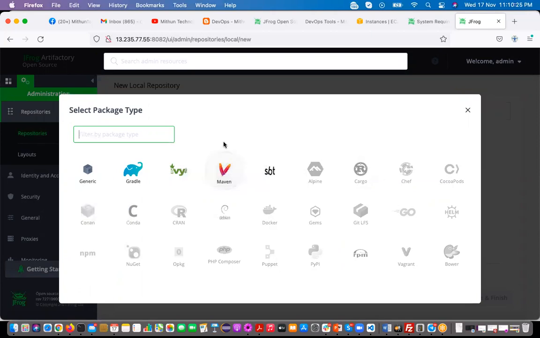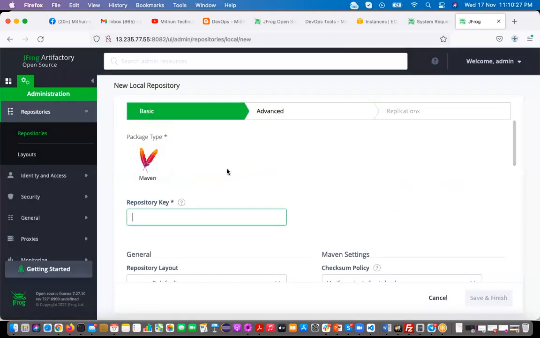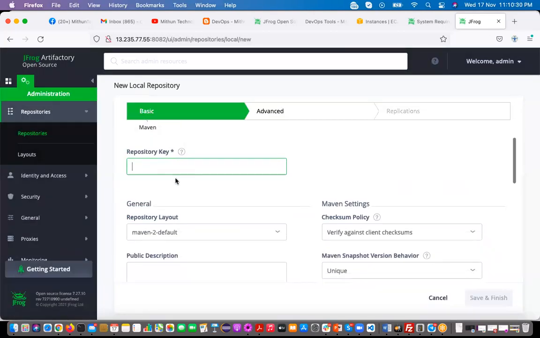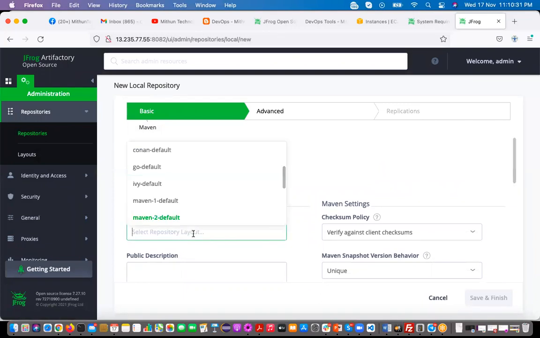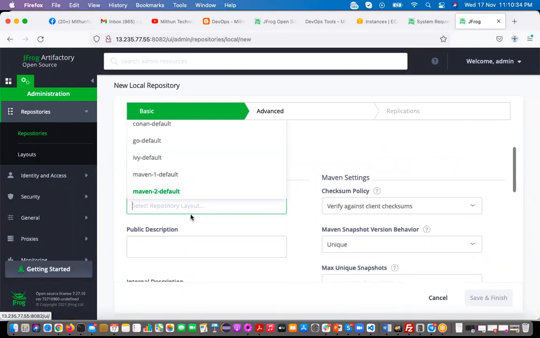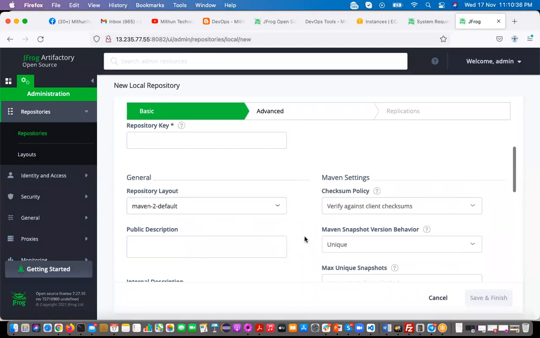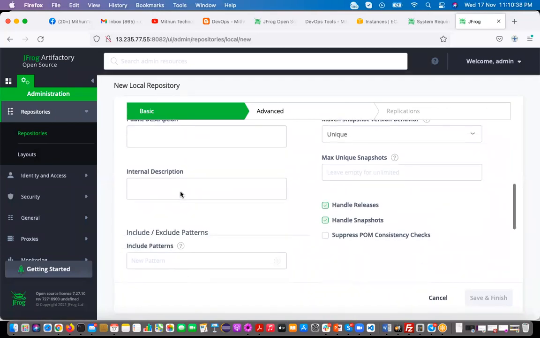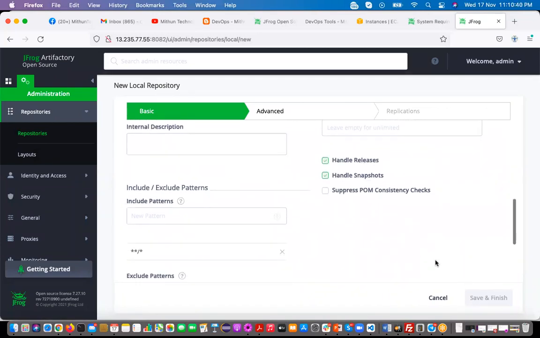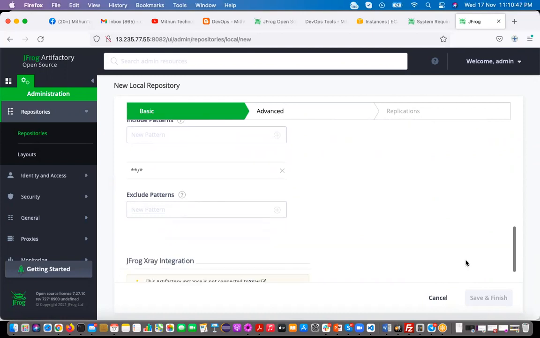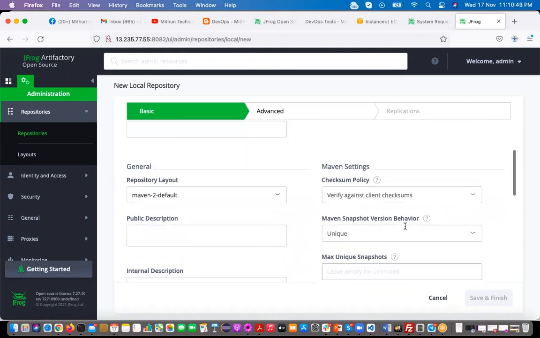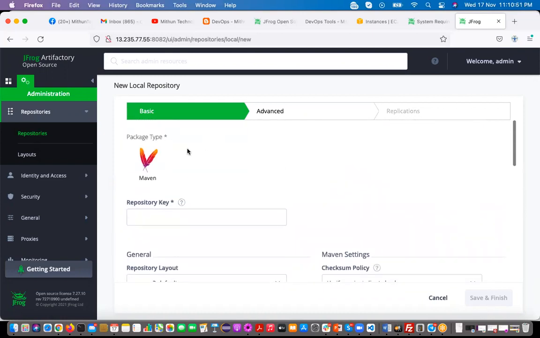So use whatever package type, and then you can give the repository name here, then give the repository description, then you can click on handle releases and handle snapshots, both, then you can click on save and finish. So like that you can create repositories and you can use it, right?